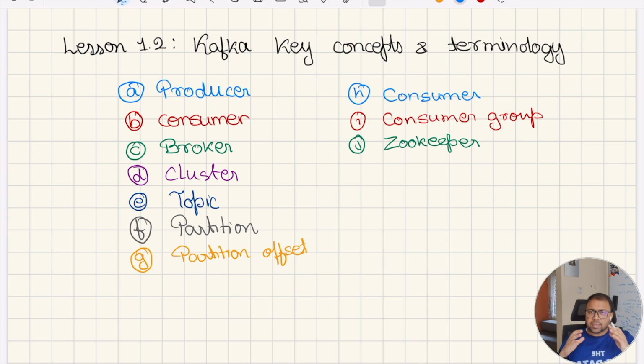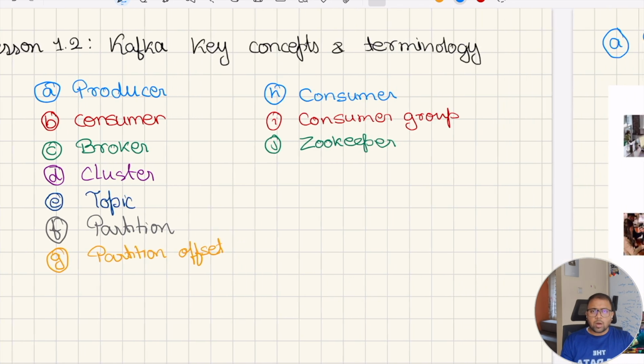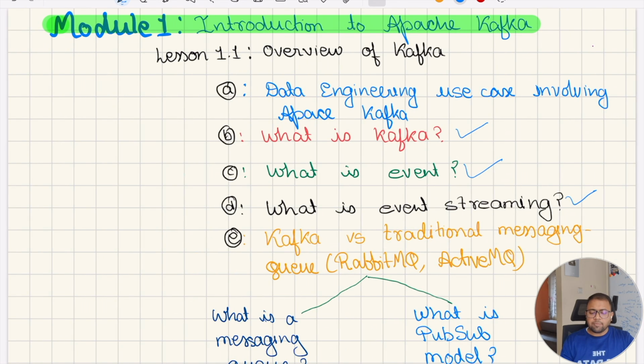So these are the basic terminology which is often used when we are working with a code base involving Apache Kafka. Once your understanding of all those terms is good, it will be easier for you to understand the different concepts of Apache Kafka. Cool? So without wasting time, let's check the first thing, which is the data engineering use case which involves